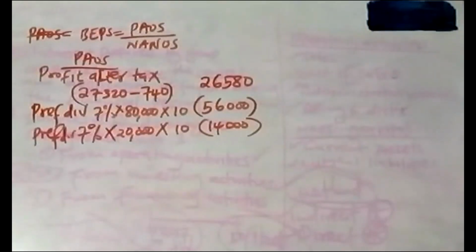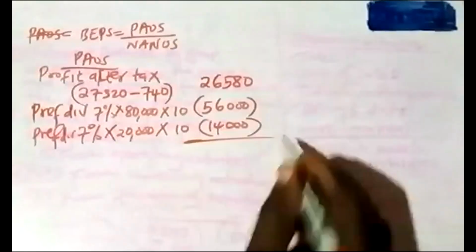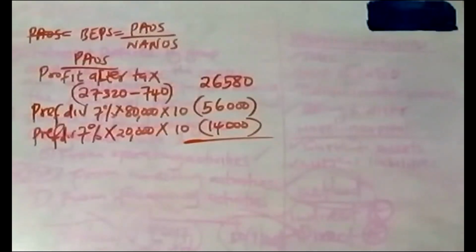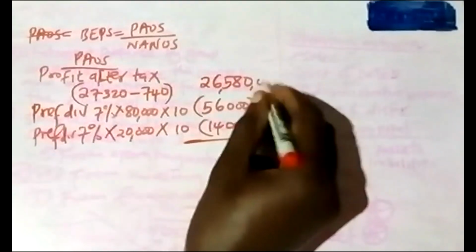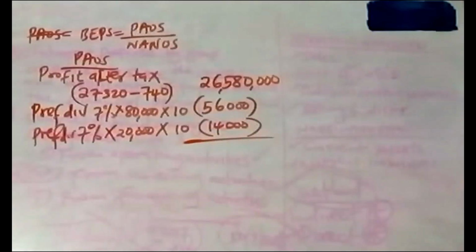200,000. So take 26,580 minus 14,000. So this one would be, remember that the first one was in millions. This one was in millions. It's only that I reduced it. It's supposed to be 26,580,000